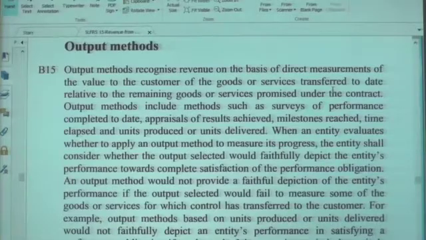For example, assume I have contracted with you to deliver a lesson over a 2-year period. That lesson includes 10 chapters, same weight for each chapter. Our contract is to deliver 10 chapters over 2 years. All the 10 chapters have the same weightage. At the end of the first year, I have completed 4 chapters out of 10. Therefore, I can say based on the output method, I have completed 40%.